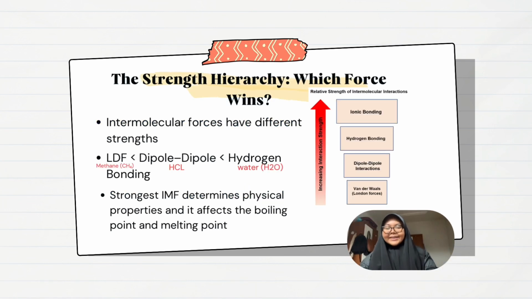For this slide, I'm going to summarize the strength of intermolecular forces. LDF, which is London dispersion force, is the weakest and is found in all molecules. Dipole-dipole forces are stronger and occur in polar molecules. And the last one, hydrogen bonding, is the strongest intermolecular force. The strongest force present affects physical properties such as boiling point,